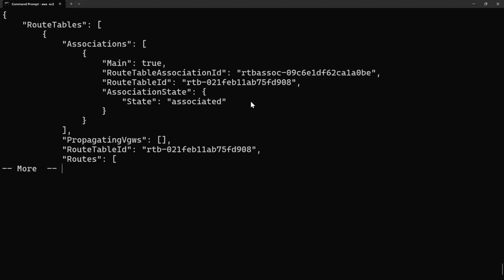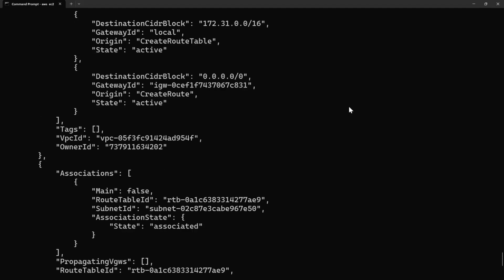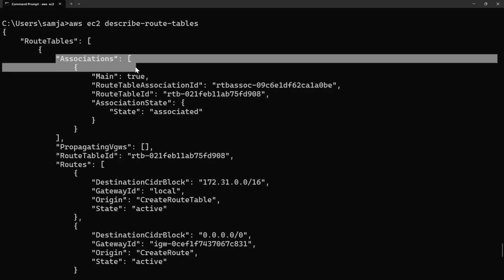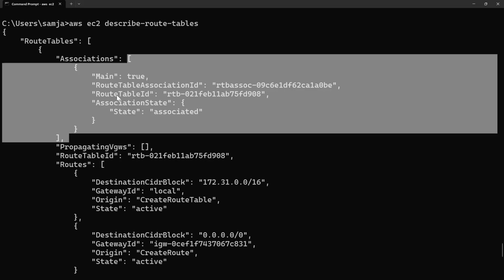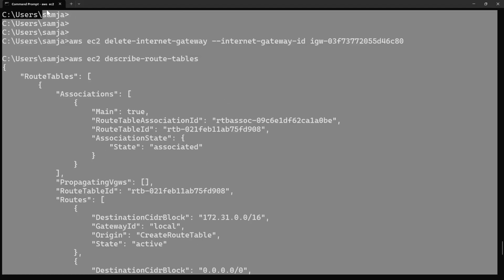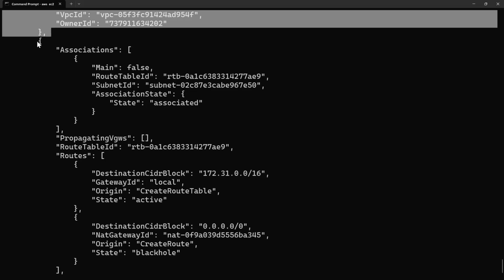Now remember, route tables are associated with subnets, so at that level. So let's just break this down. You don't always have to do this, but opening square bracket, opening brace, where's this going to close? That's the content of associations. There, so this is one object. So that's one route table. We've got another route table